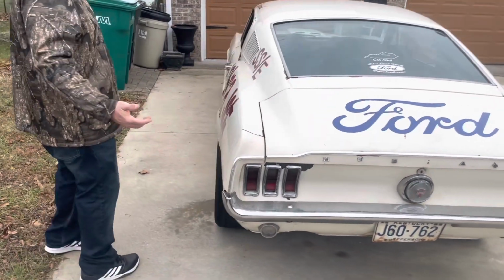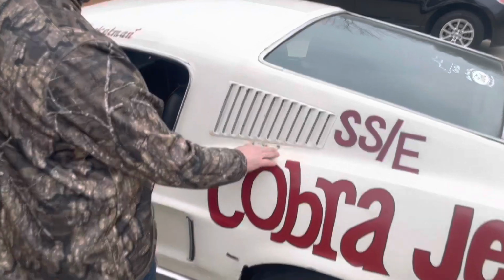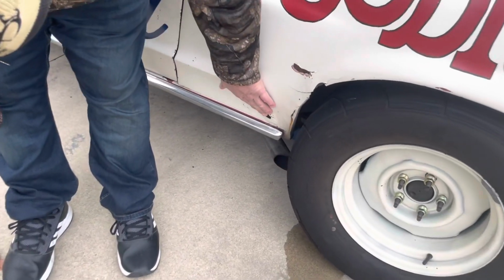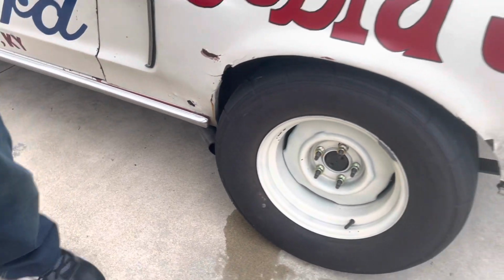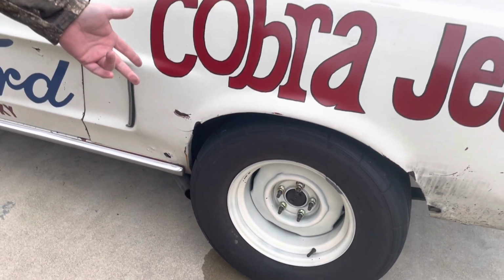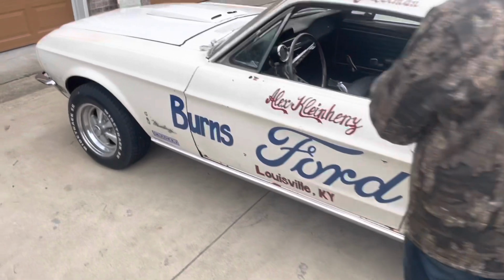But we come over on this side of it, you'll see it's got a little cancer here. I've got to replace the quarters on it when I finally do it. Of course, you've got some thick Bondo, some pretty good rust holes right here. But I am running 275/60/15 Mickey Thompson SS's in the back. That was for the, used to be the No Shine Shitless race. So if we come over here, you'll see